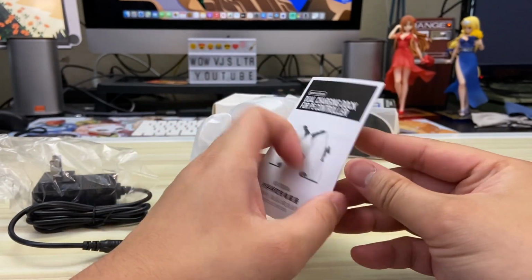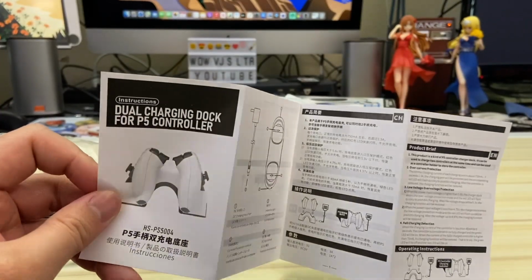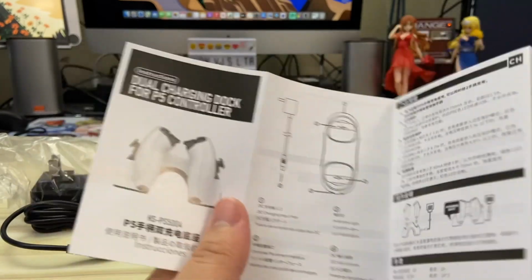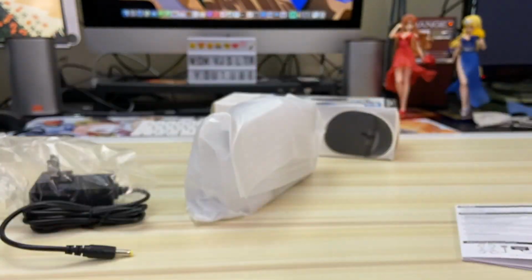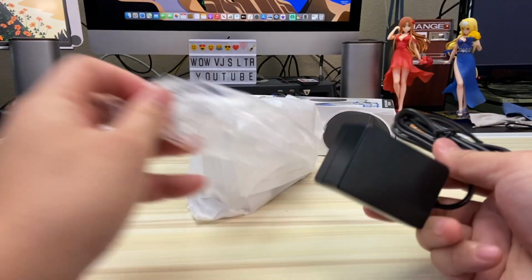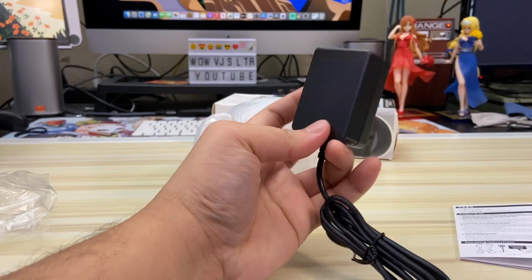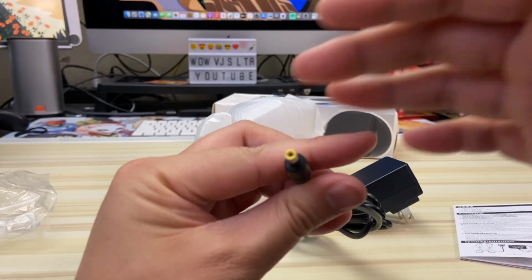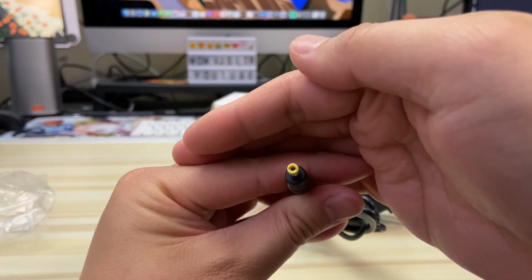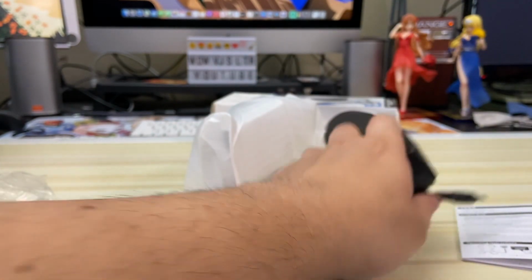Here's a quick look at the instructions. They're pretty straightforward and simple, but as soon as I get done with these instructions, I'm going to take a closer look at the power source. And just to get some info out of the way, the power source is a 5-volt 2-amp adapter. So this is one of the reasons why I can charge 2 controllers at the same time within the same time frame of the DualSense's fast charging capabilities, but rather than using a USB-C cable to charge one, this obviously charges 2 within that same time frame, so it's pretty convenient, especially if you're like me and you're a multiple